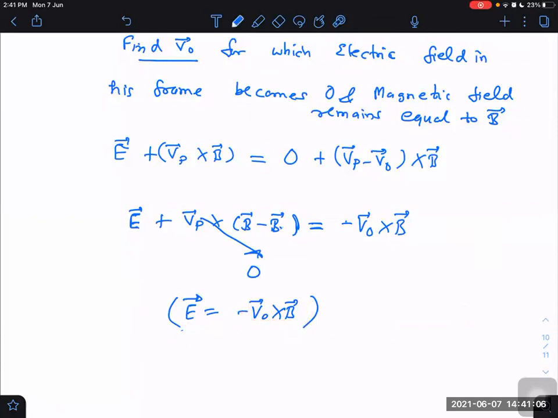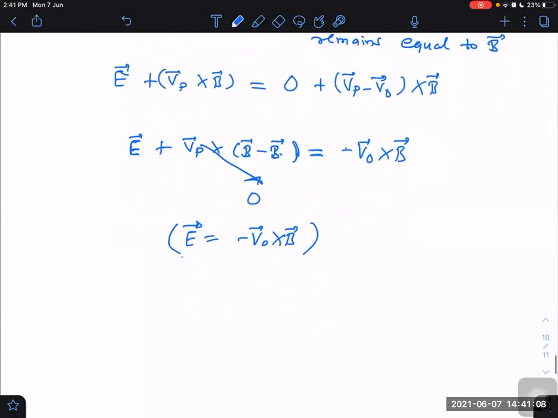Once we know this, why don't I make it even simpler? I have a choice to choose the angle. Why don't I choose the angle in such a way that the velocity of the observer is perpendicular to the magnetic field? So if the velocity of the observer is perpendicular to B, then E is just equal to VB magnitude wise. Just VB only. A very simple result at last. But direction wise, we have to understand that E is equal to minus of VO cross B.